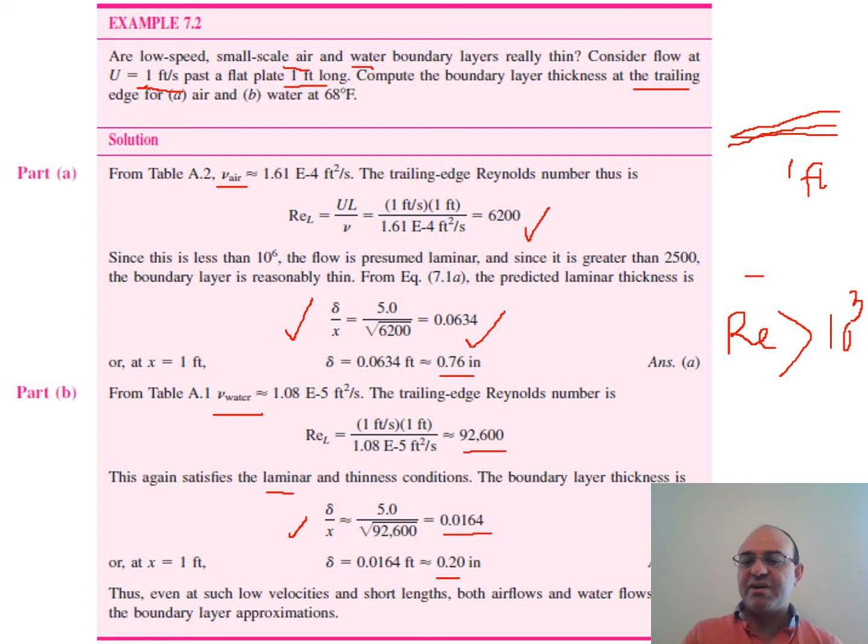If the plate is very short, the Reynolds number becomes very small, because the Reynolds number is a function of x. So if you use a very short plate, then this boundary layer concept does not work. And in reality, in most technological applications, the boundary layer